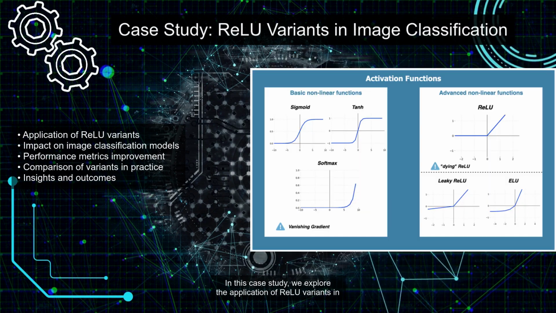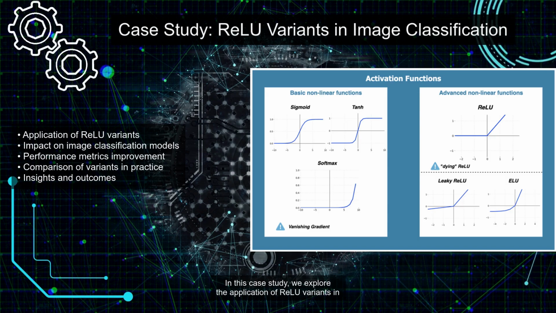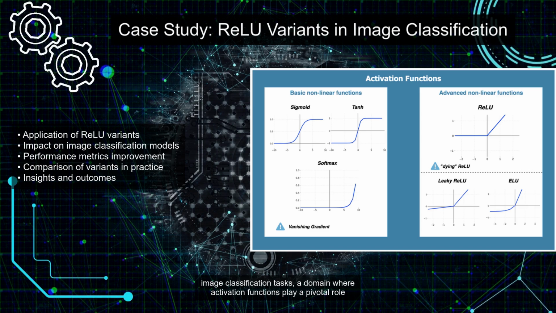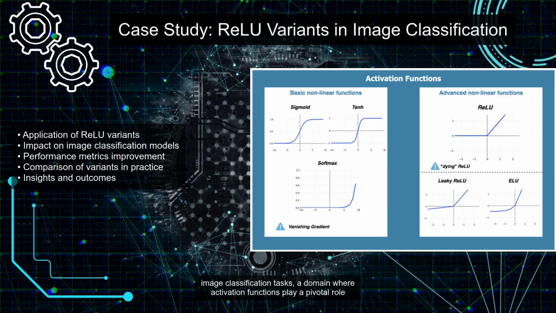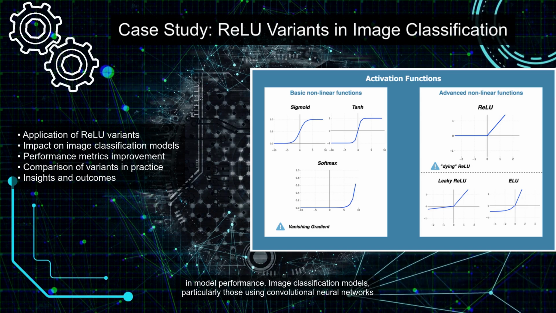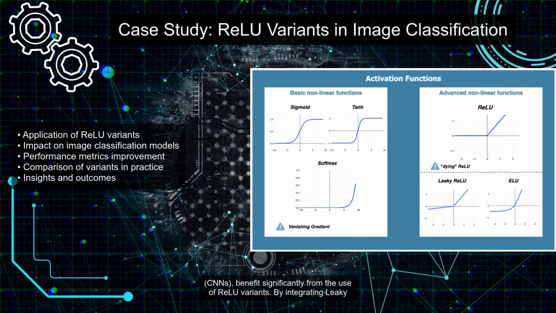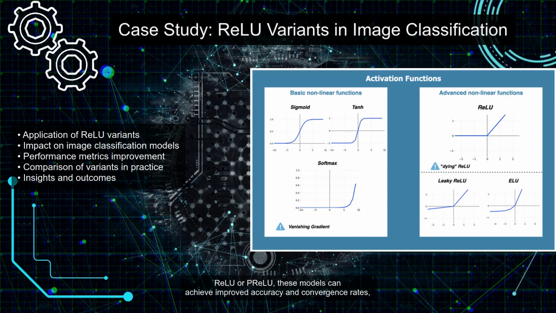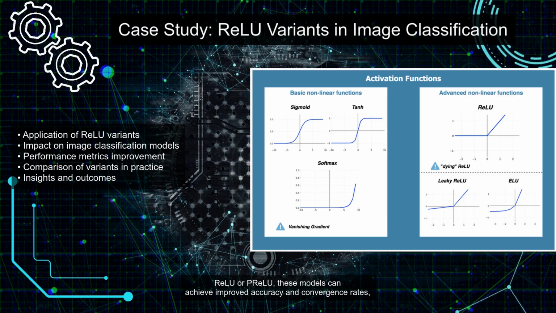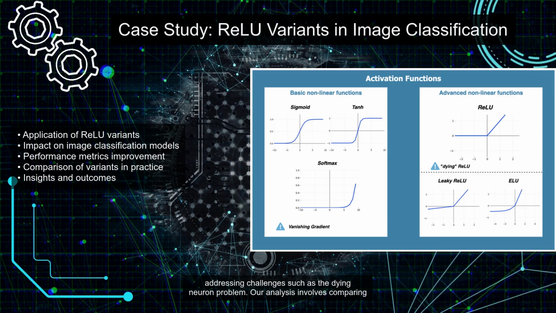In this case study, we explore the application of ReLU variants in image classification tasks, a domain where activation functions play a pivotal role in model performance. Image classification models, particularly those using convolutional neural networks, benefit significantly from the use of ReLU variants. By integrating Leaky ReLU or PReLU, these models can achieve improved accuracy and convergence rates, addressing challenges such as the